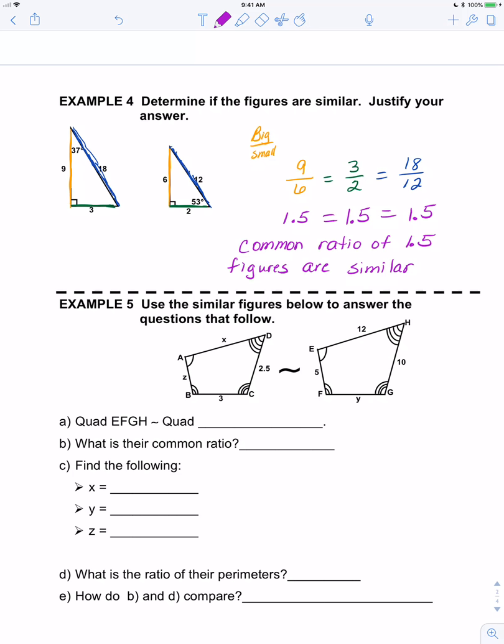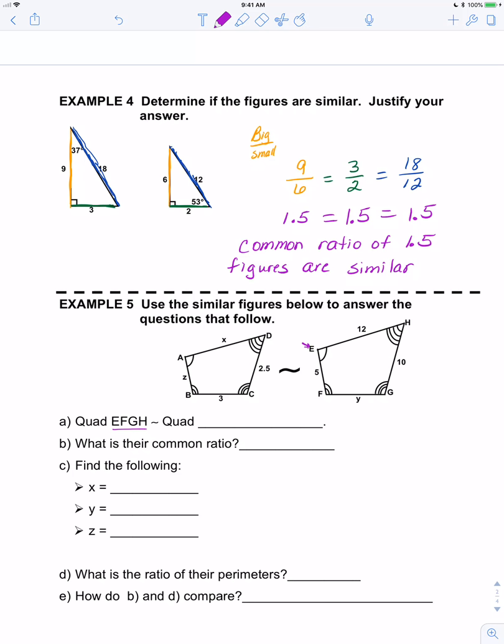We're going to use this one to answer the questions below. So the quadrilateral EFGH is similar to the quadrilateral over here. So we're going to have to make sure that we use the same order so that they would be similar. So E is the first one that we're given, and it would have to correspond with which letter on the other